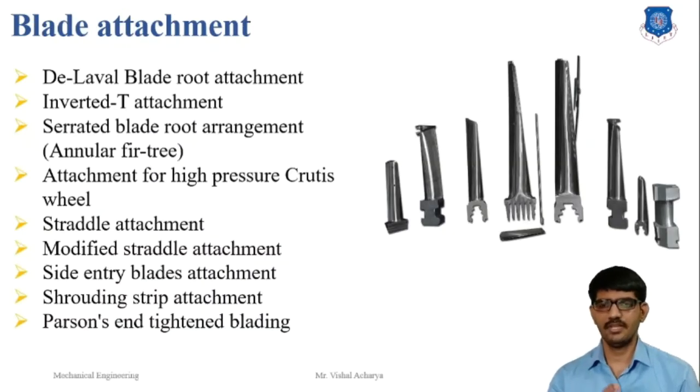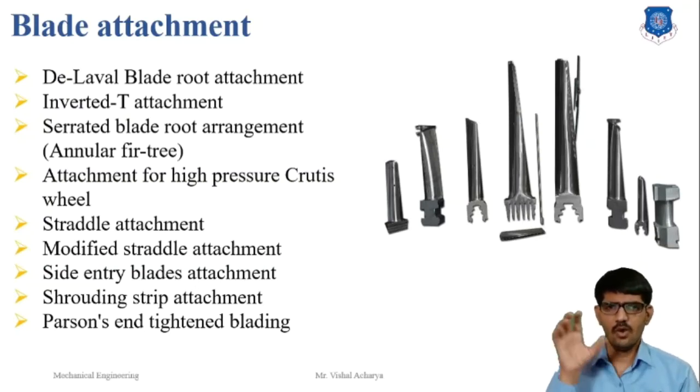Our next topic is the blade attachment. The attachment of the turbine blade to the rotor is the most critical aspect of steam turbine design. All the forces are transmitted to the attachment of the rotor, especially at the lower pressure end of a turbine of larger output. The attachment has to bear relatively larger forces due to the high speed. The centrifugal force on the blade is many times its mass.